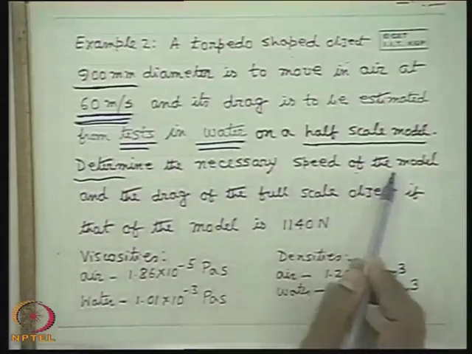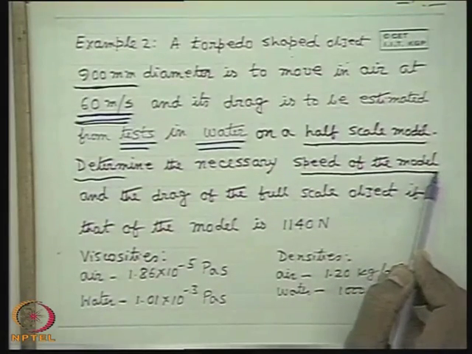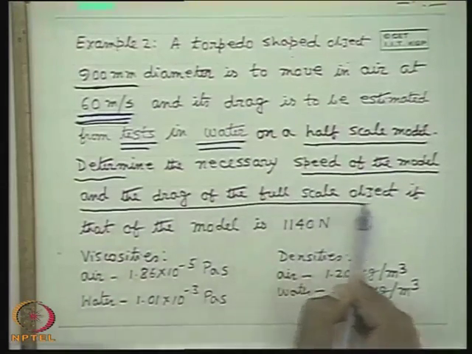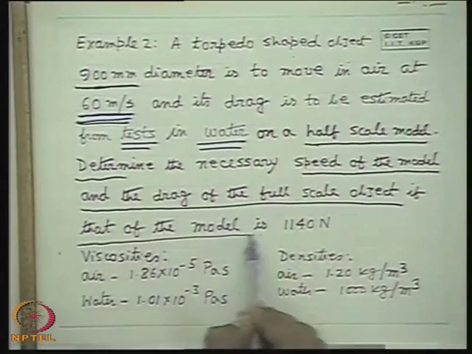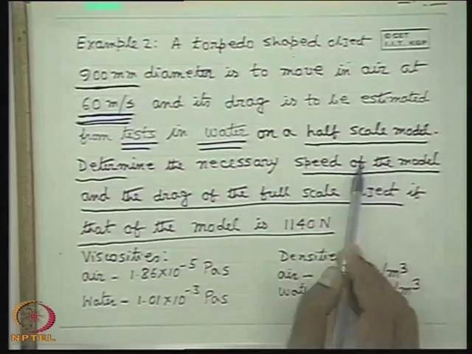Determine the necessary speed of the model. So under this condition, what should be the speed of the model? That means the speed of the torpedo in the laboratory and the drag of the full scale object, if that of the model is this. That means you have to first find out what the speed of the model should be, and at that speed